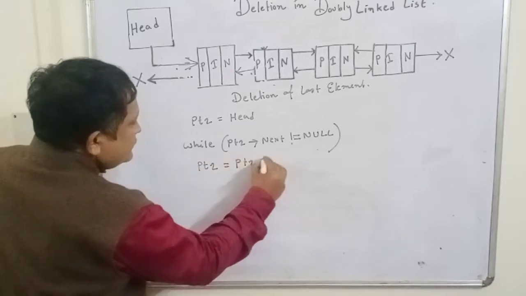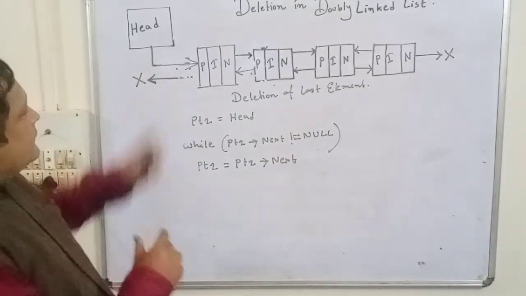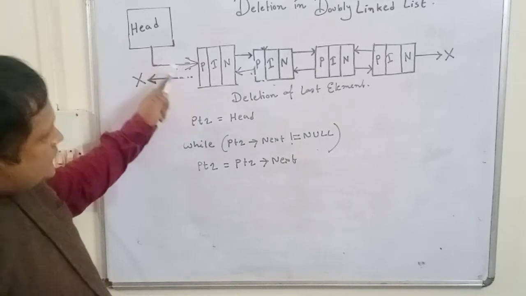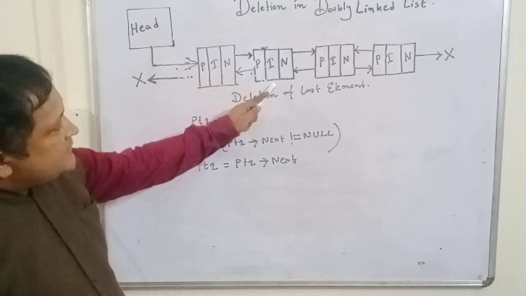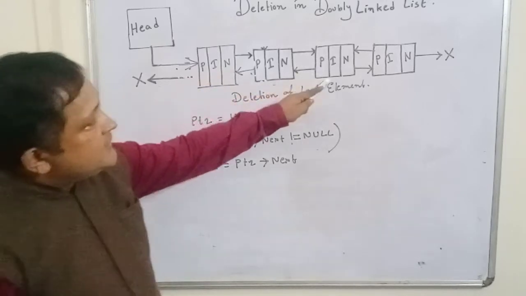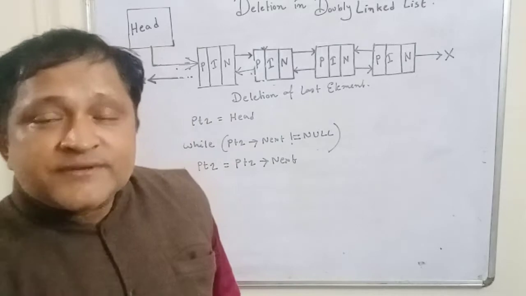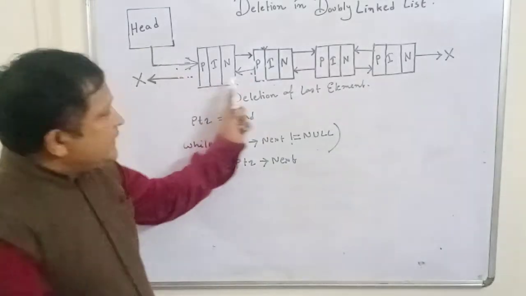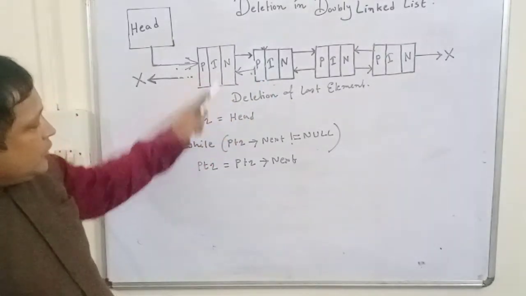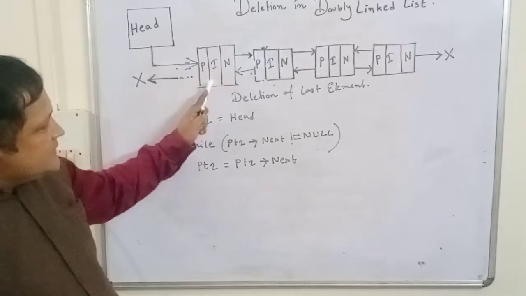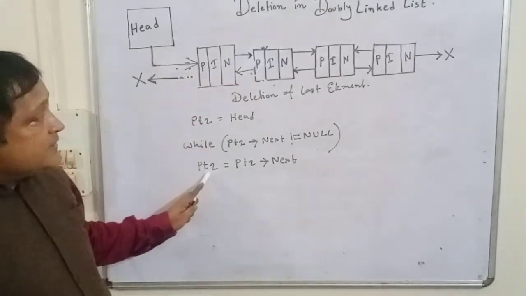PTR arrow next. So in this way, gradually the PTR starts from head. Okay. So gradually it will go to the next. Next of it is this one. Next of these is holding the address of these, and PTR will be that, and next will be this, next will be this. So till it reaches the last node, till PTR holds the address of the last node. So every time PTR will store the next of each node. Okay, PTR next means holding the address of these. Next of this is this, which is containing the second node's address. So PTR will be assigned by the address of the second node.